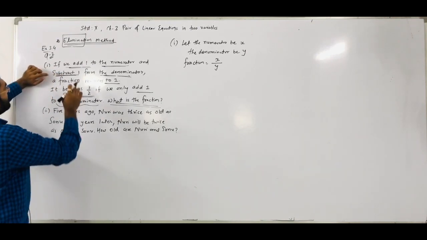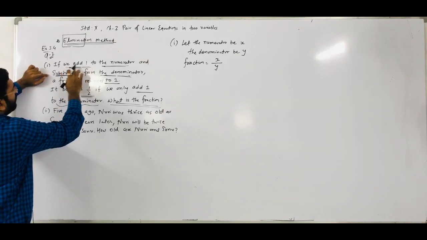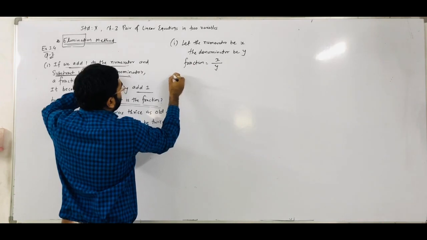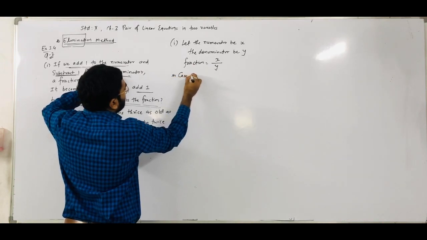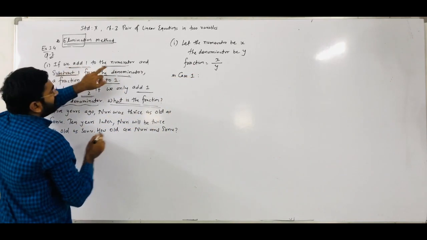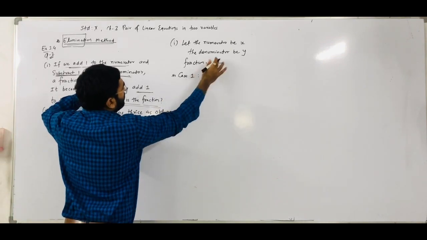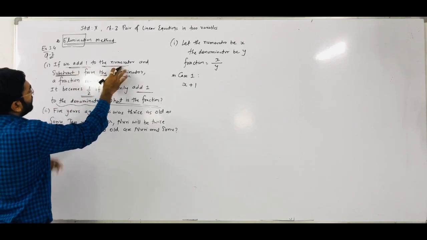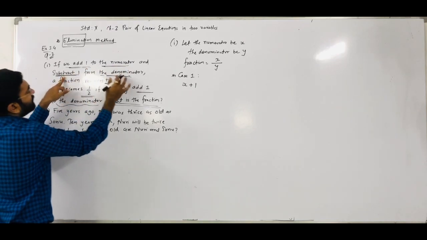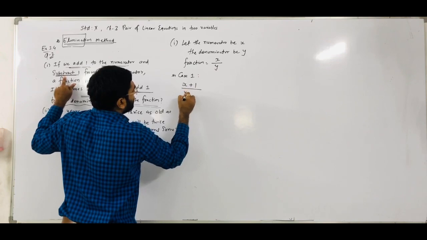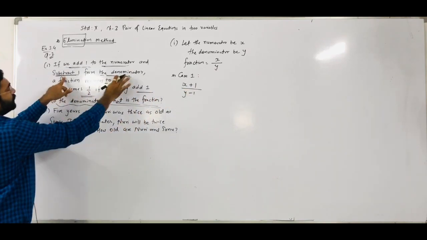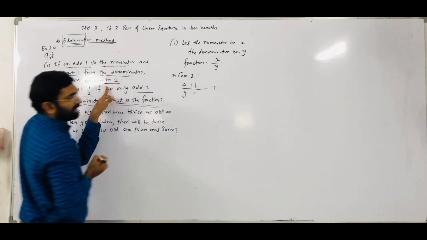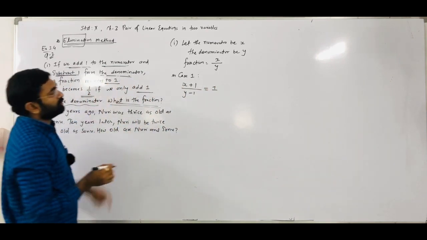See, we add 1 to the numerator. Case 1 we define as per the first statement. From the fraction, to the numerator we add 1 as per the statement, and subtract 1 from the denominator. Right now our denominator is y, so we subtract 1. Due to that, our fraction is reduced to 1, so the fraction value becomes 1 only. Right? So now we have to simplify it.